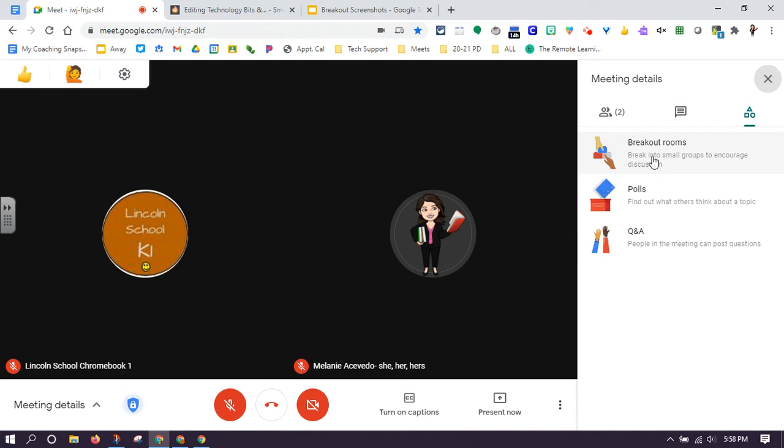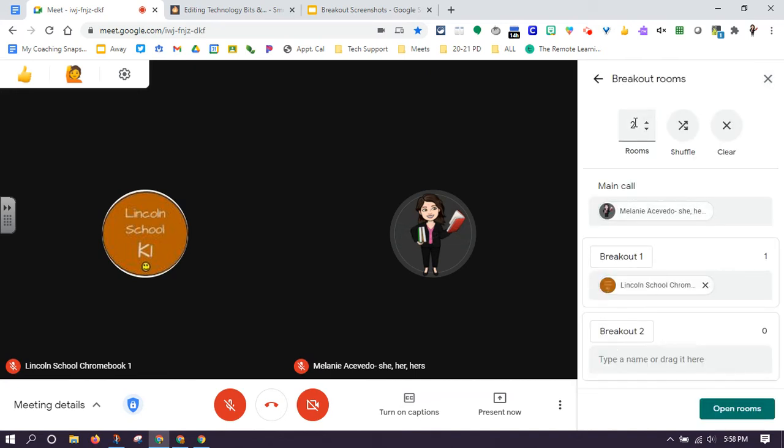Breakout rooms are probably the most anticipated feature upgrade that we have. So when you think about breakout rooms, think about the Zoom rooms we've done with some of our other PD, where we're pushed out to a room, we have a small group of people that we discuss with, and then we're pulled back in. These are fairly similar. As the host, you can set up breakout rooms either randomly or you can assign. So let's say I wanted to put this person here, I could do that. When I open the rooms,